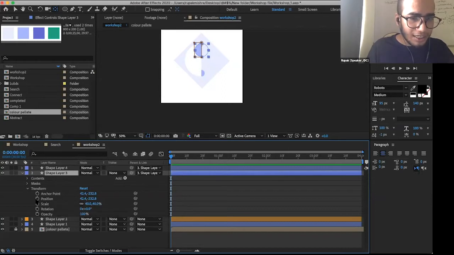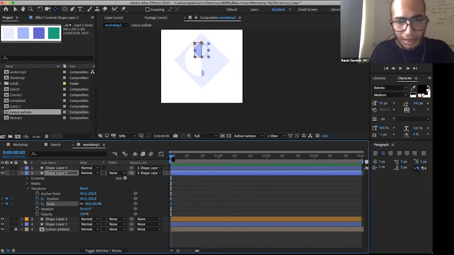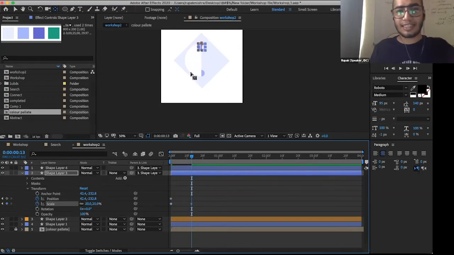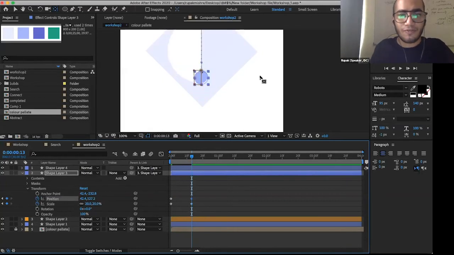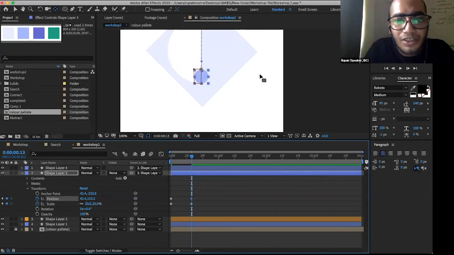Go to the position and click that clock icon. A keyframe will appear. We'll do the same with the scale also, so both keyframes appear. Now, once we move forward a few frames, we want the scale to be smaller like this one. So we'll type in directly 20%. So the scale layer is small. Now we'll adjust its position to the bottom layer. We want it at the other end of the circle. We'll adjust the position here also.